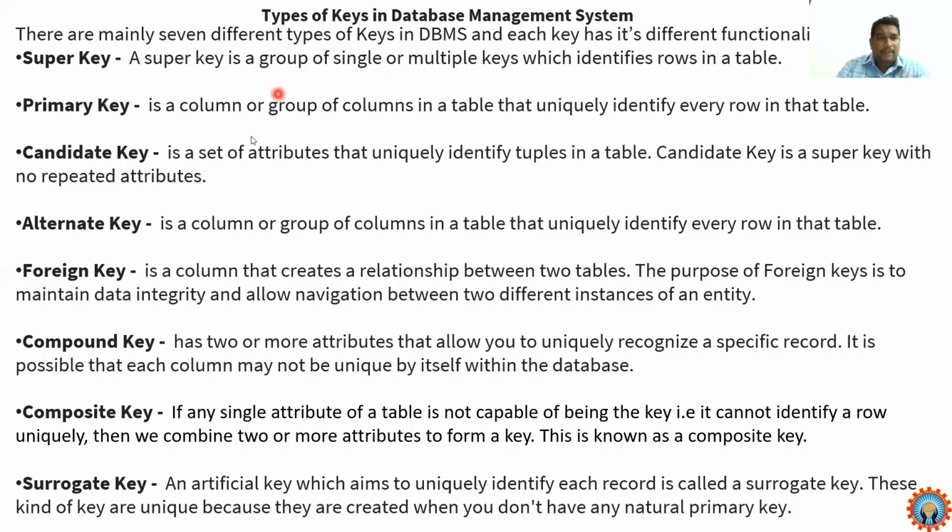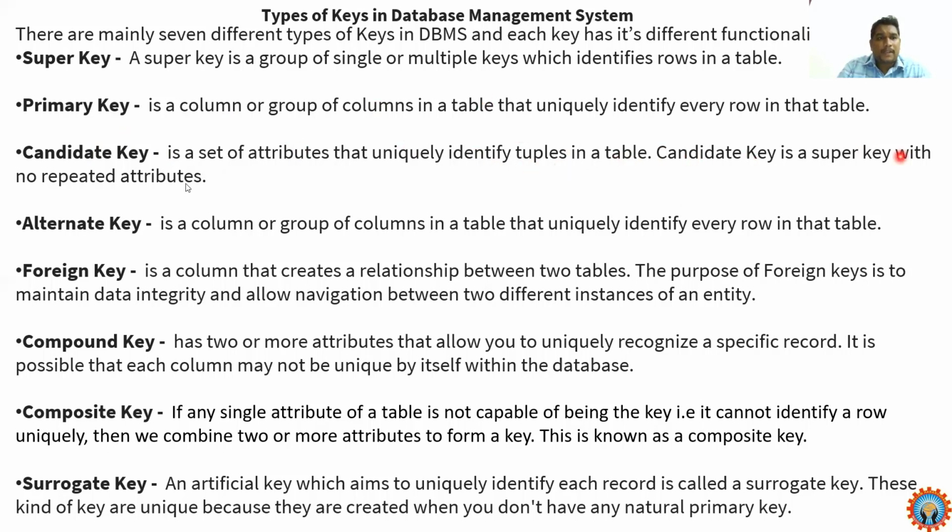We will discuss them one by one so that you can easily understand. First one is the candidate key. It is a set of attributes that uniquely identify tuples in a table. So the candidate key is applicable to attributes, so that it uniquely identifies tuples. Based on the set of attributes to which you apply the candidate key, you can identify tuples in a table.